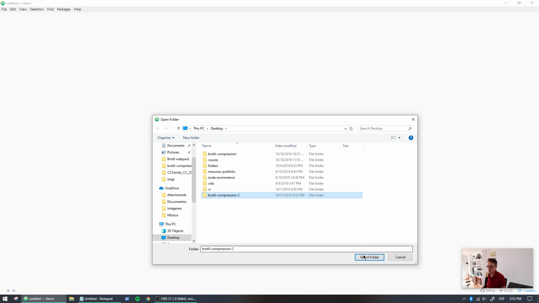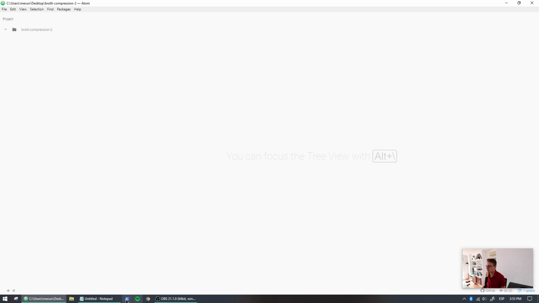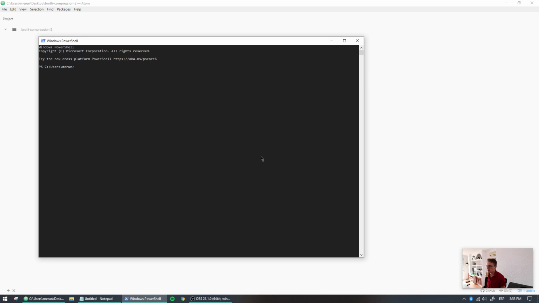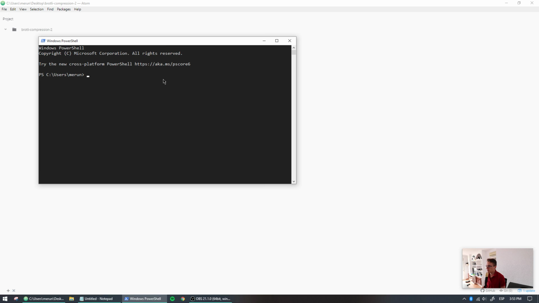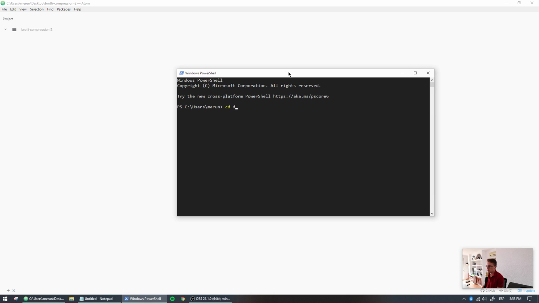Brotli is made by Google, and they have this amazing compression system that reduces the size of your files by a massive factor. So go to your desktop, Brotli